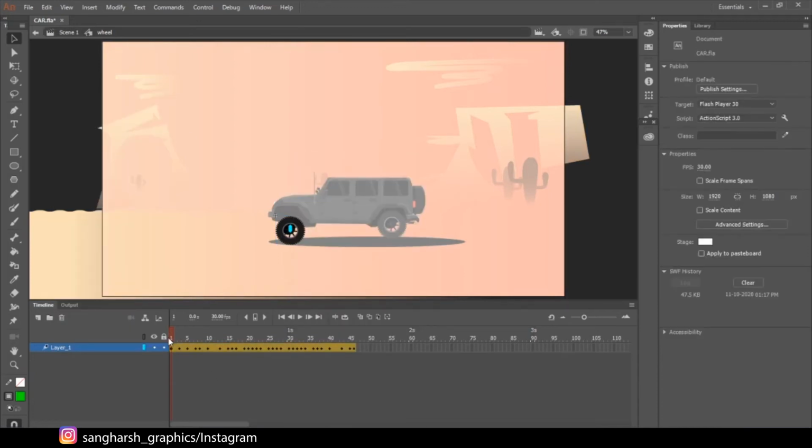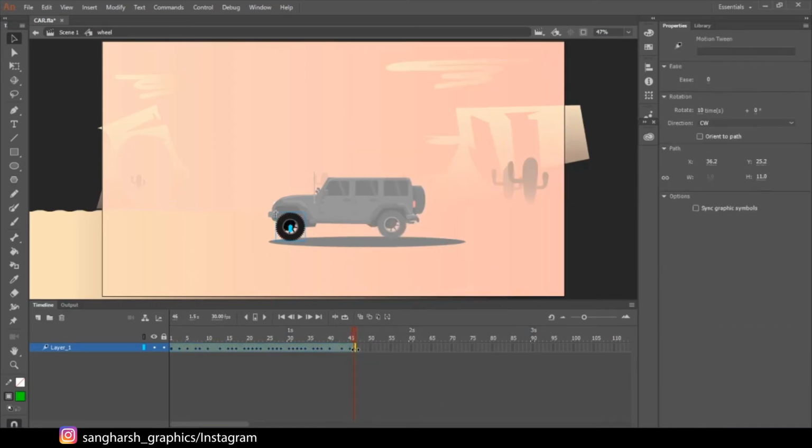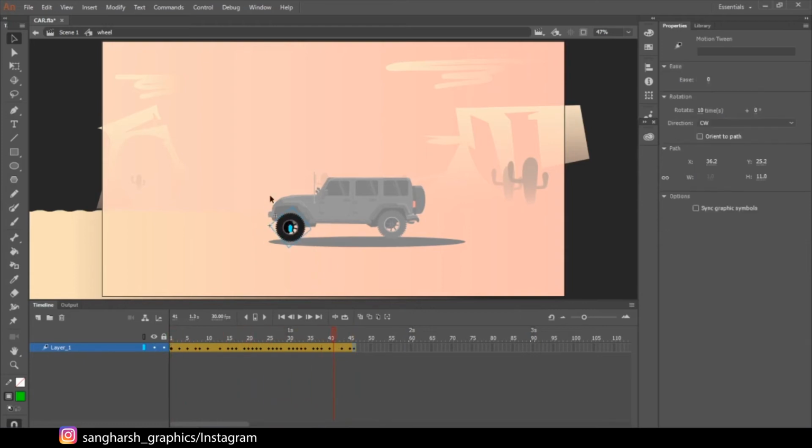And at the first keyframe, and at the last I have added a keyframe here. Insert frame, and after clicking on that frame, right click on it and go to insert keyframe, and I added a rotation keyframe, and just selected the last keyframe, and here you will get a rotation panel, and I have just rotated it 10 times. So from the first keyframe to the last, 45th keyframe, it will make 10 rotations automatically.